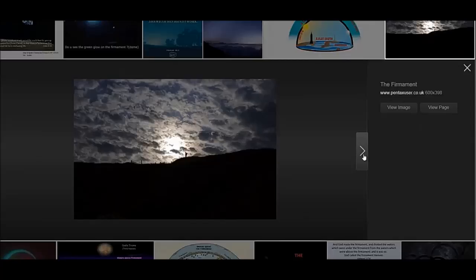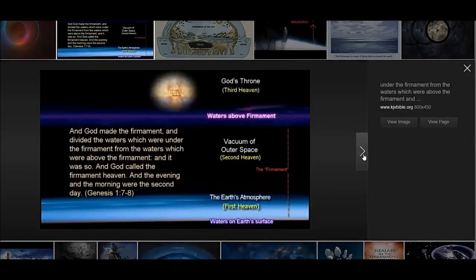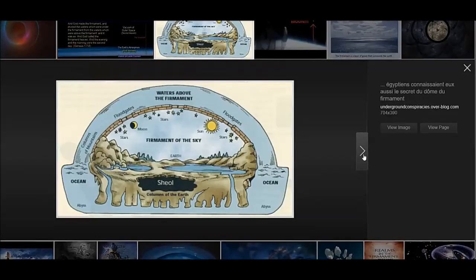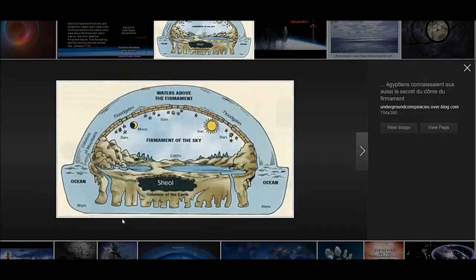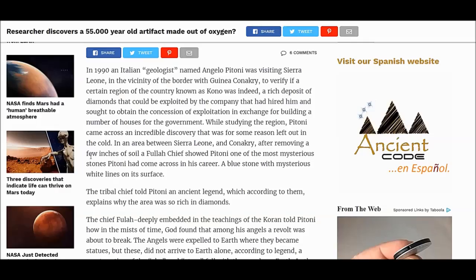Well, maybe I found the reason, and I'm pretty sure I did. And this literally, no pun intended, just fell out of the clear blue sky into my lap today. It's really, really strange, but I think it's a bit of proof that I, for one, have never seen before, not even in the flat earth community. So check this out. It turns out in 1990, an Italian geologist, see, always good guys are Italian like myself,